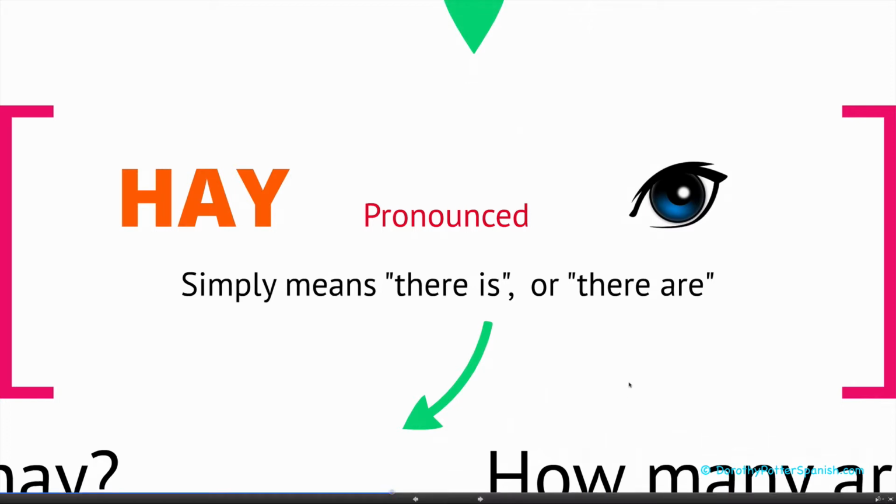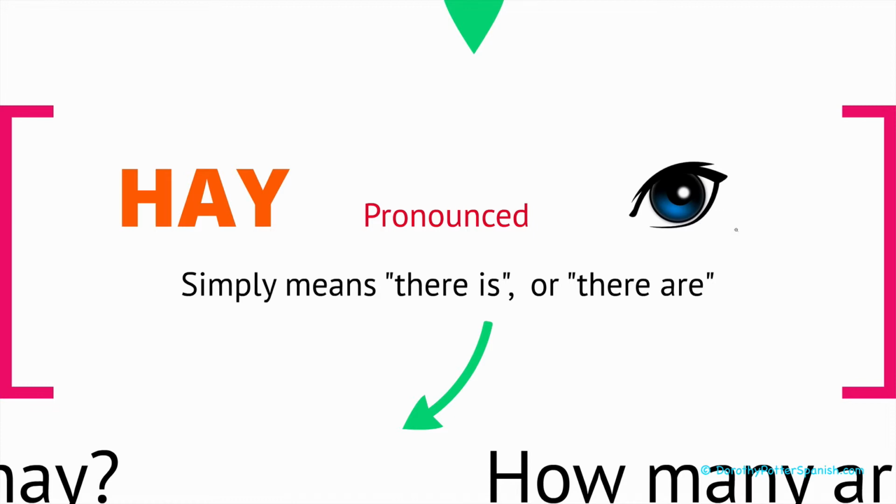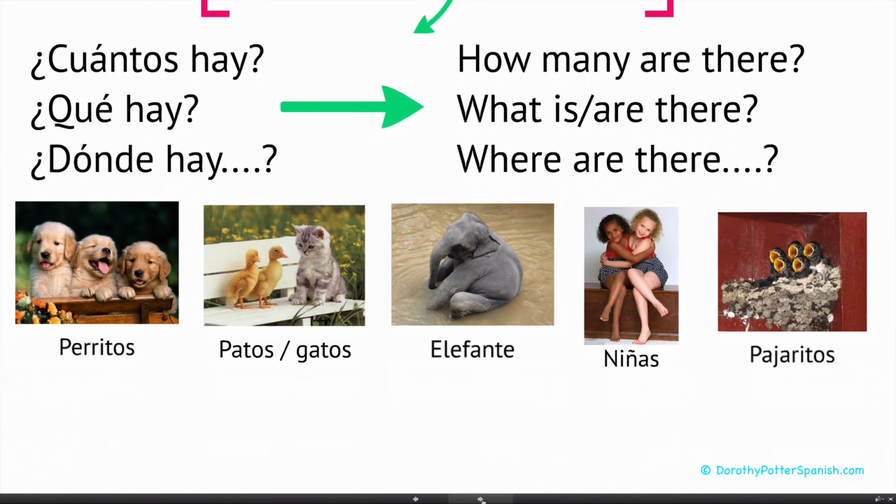And I've put this little I on the screen, like the I in your head, to remind you how it's pronounced. I. Good. Now, let's take some examples. We looked at these in class. There are. There is. I've put different things here. 4 of them are plural. 1 of them is singular.